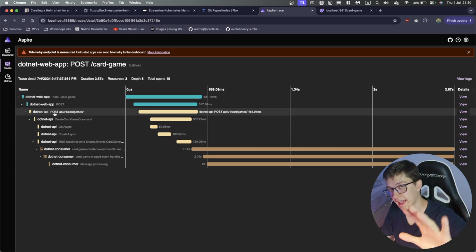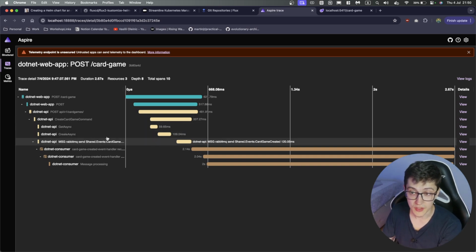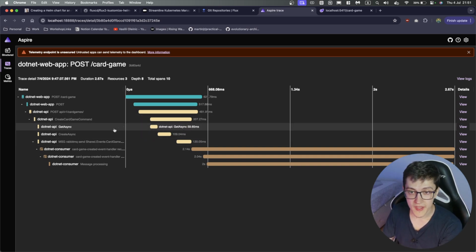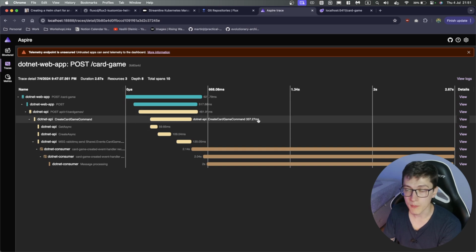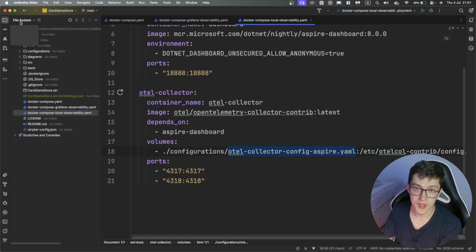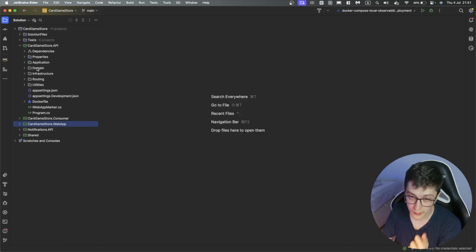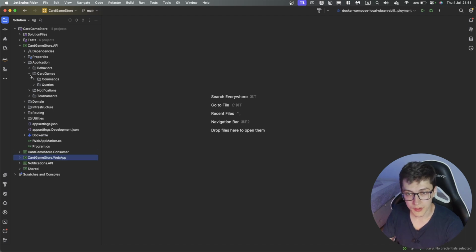Now, you're not gonna get everything in here out of the box. So all these activities that you have defined, that you can see over here, some of them I have defined manually in my code base, which is why I love the manual SDK. So if I go to the solution and close everything in here, we can go to our application, card games,